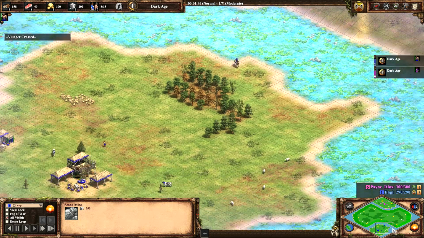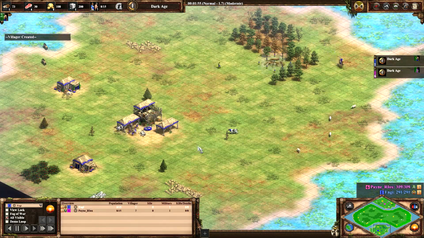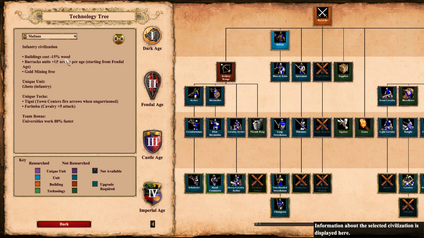So the matchup is Malians for me and Celts for him. I think Malians have a pretty nice advantage here. Even though the Celts are super strong eco with the faster woodcutting bonus, the Malians are so flexible. They can go cavalry, they can go infantry, they can play crossbows in castle age, and then switch off of them later. They also have a little bit of an eco bonus with buildings costing a little less wood. But the thing that was really interesting to me was the barracks units getting +1 armor per